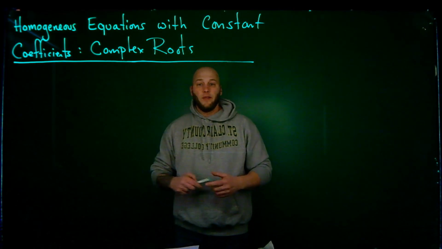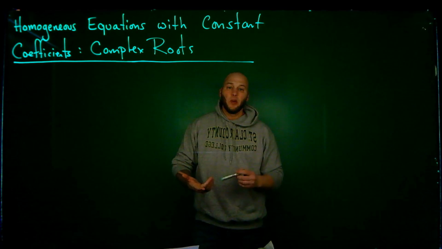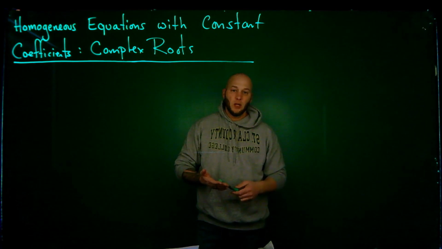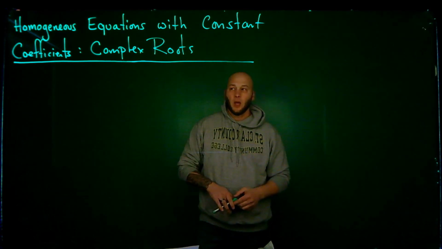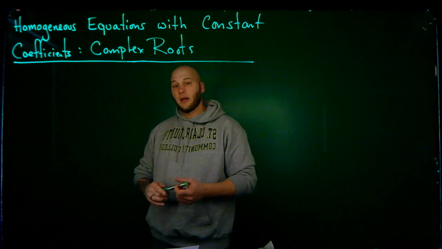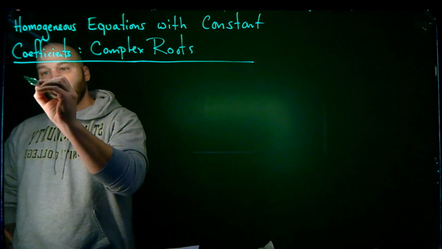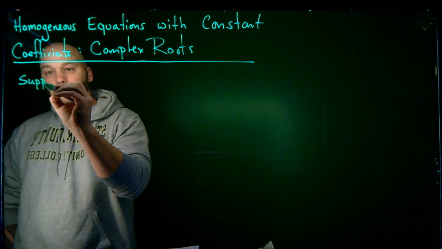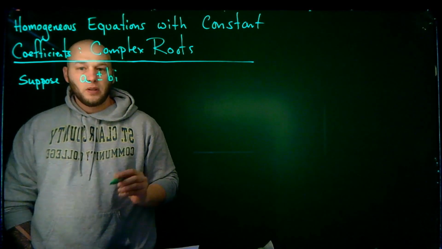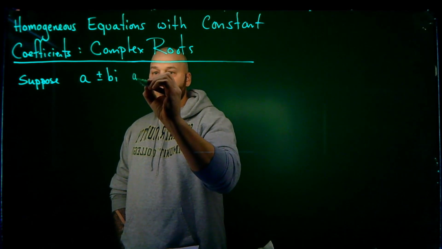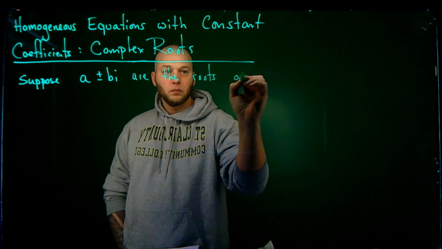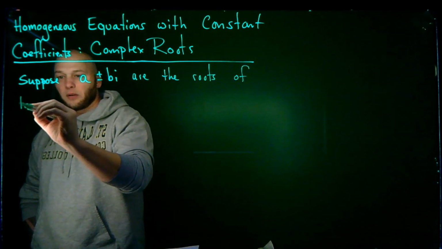This is going to be the fourth video in the following series where we look at the characteristic equation for a constant coefficient linear differential equation. And this is going to be the case where we look at when I have complex roots to that characteristic equation. So suppose a plus or minus bi, so these two complex numbers, are the roots of the characteristic equation